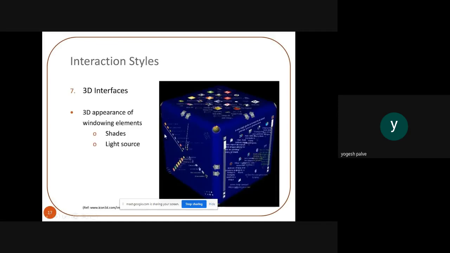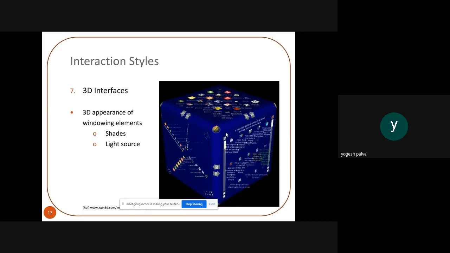As you will see, this is the diagram of 3D interfaces. The main aspect behind that is it will be very GUI based. Graphical user interface is very genuine, and the user will feel that this particular image or graphics is very realistic in nature. So the 3D appearance of the windowing element will be shades and the light source.